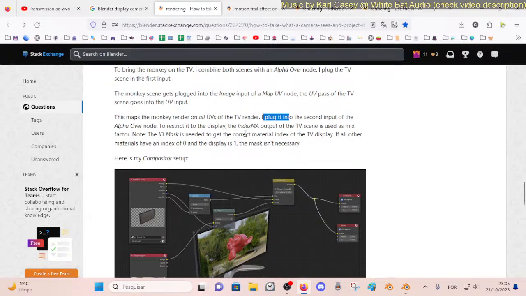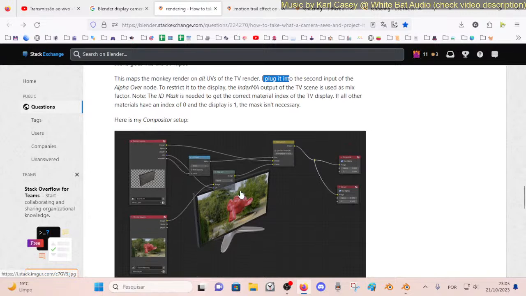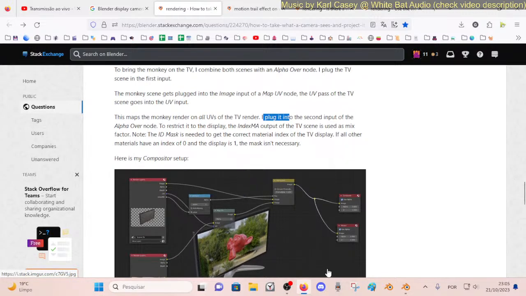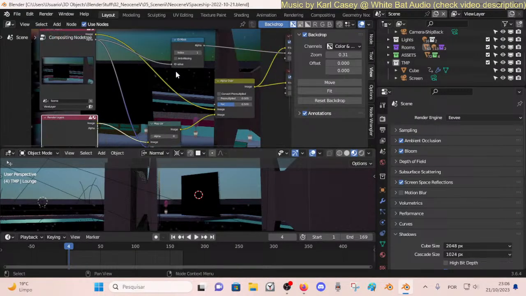Don't see any way to mix there. Need to get the correct material index of the TV. If all the materials have an index of 0 and the display is 1, the mask isn't. Oh, okay, but I need to give the mask some. Yeah, it's something about the naming, right? So